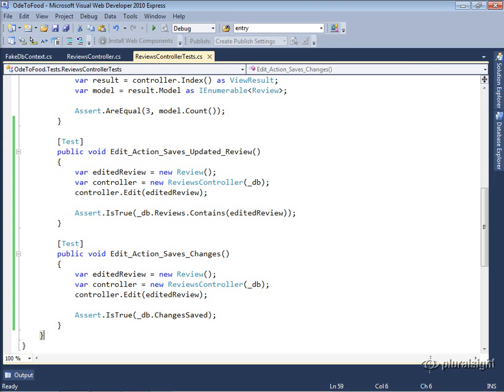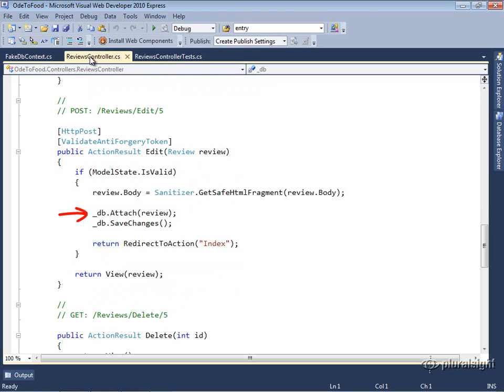I've written a few more unit tests at this point. The first test is to make sure that the edit action of the reviews controller gives the DB context the edited review when it's invoked. This test works by instantiating a new review object and passing it into the controller action. Remember, the edit action in the reviews controller uses the attach method to tell a context about an edited